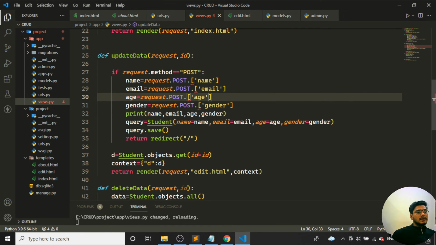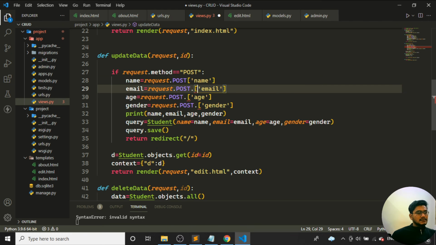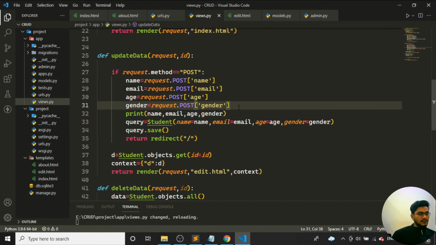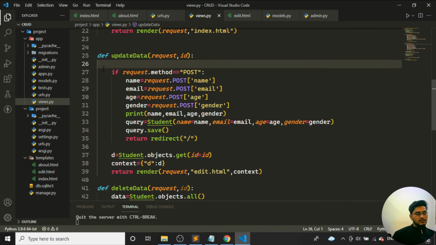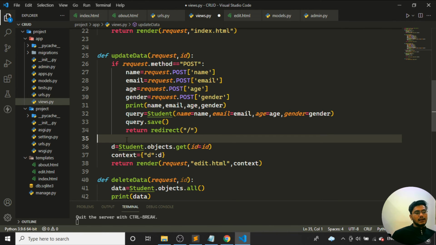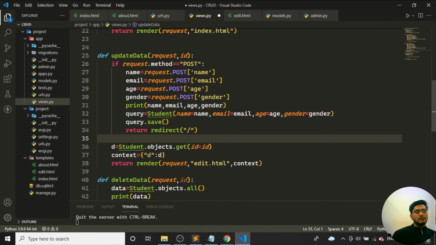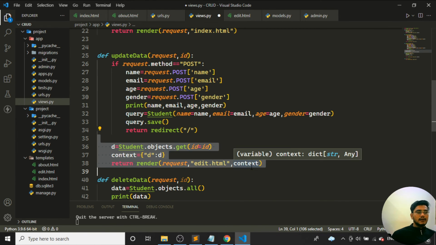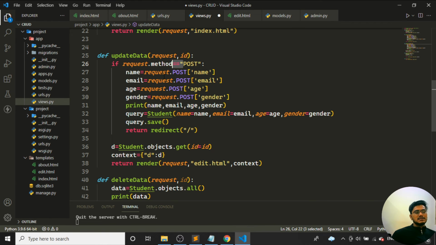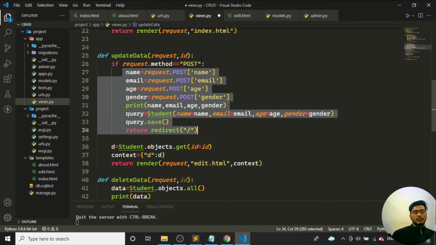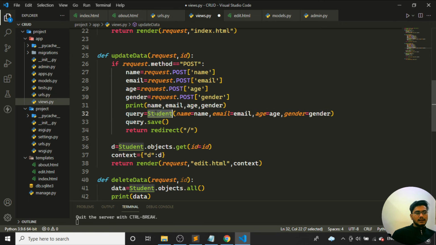So even here I need to remove the dot. I can take the particular data in this format also. It's completely our choice. If request.method is equal to post method, I need to run this particular stuff. If it's not, this will work obviously whenever I click the edit button. If the request is a post request, it will take the data, whatever is there, and submit it. It will save it inside the particular data.